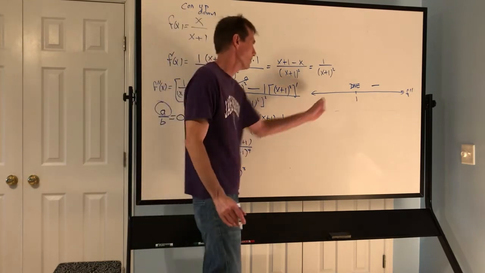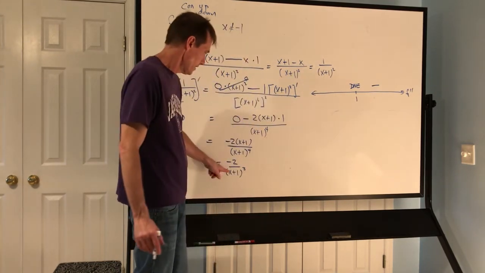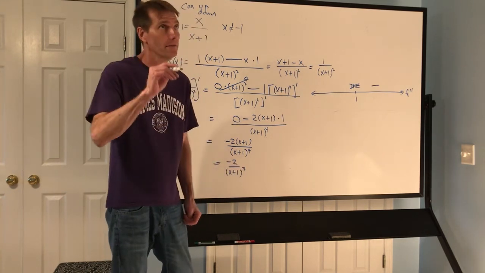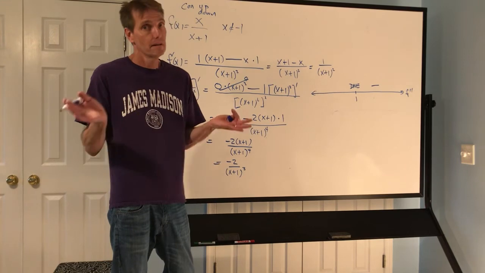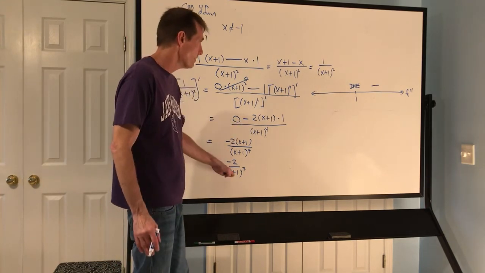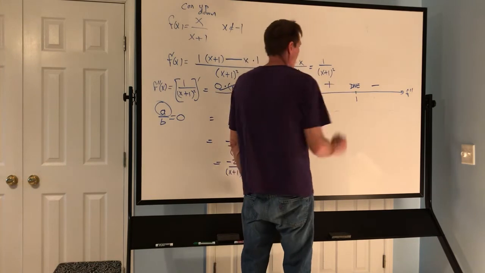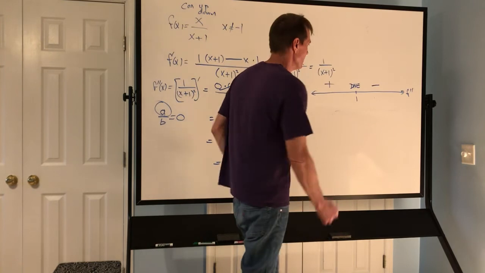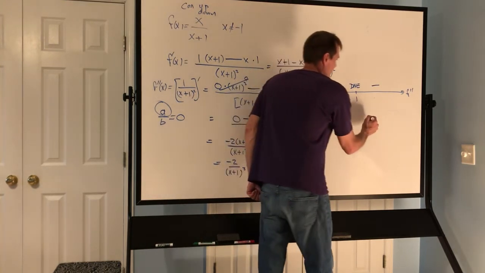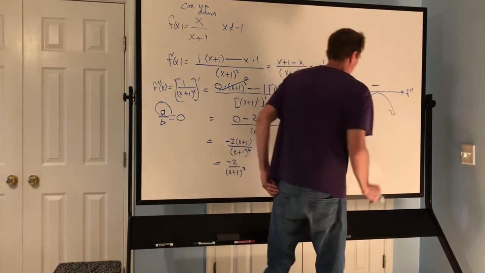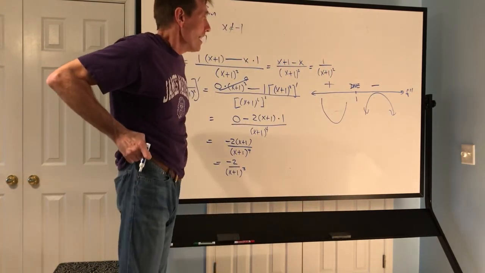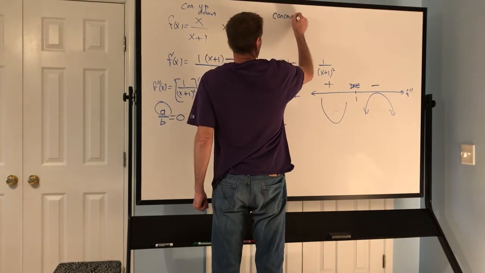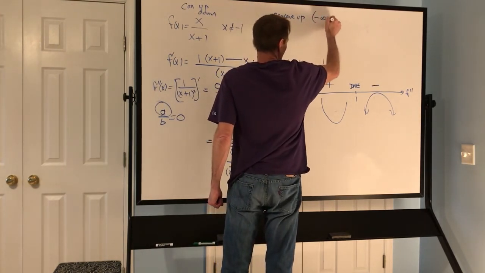Over here, let's pick a number like -12. -12 plus 1 is -11. -11 cubed, -11 times -11 times -11, is going to be negative. And so I'm going to have a negative over a negative, which is going to be a positive. Now again, this is the second derivative. This means I'm smiling, frowning. So if they're asking for intervals of concave up, it's from -infinity to 1,